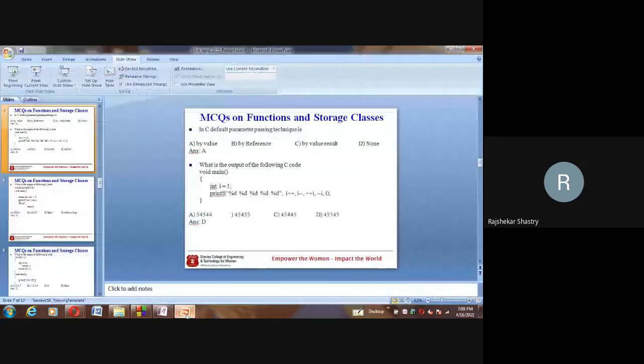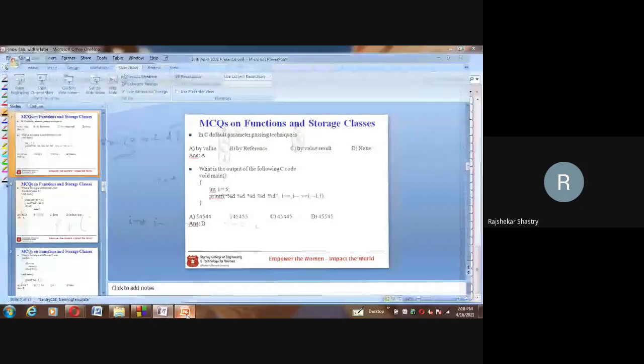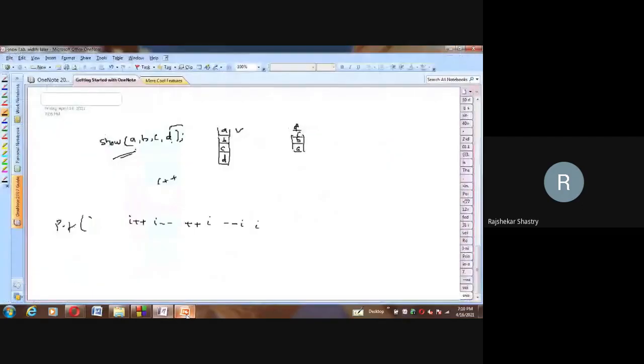So if this is the case, then right to left means first at the bottom you will have I, which is 5. Upon this, the next pushing element is minus I. And minus I is what? First decrement, then push.